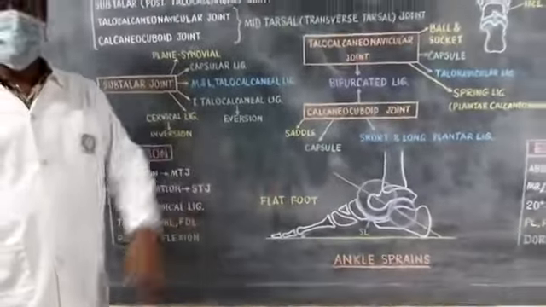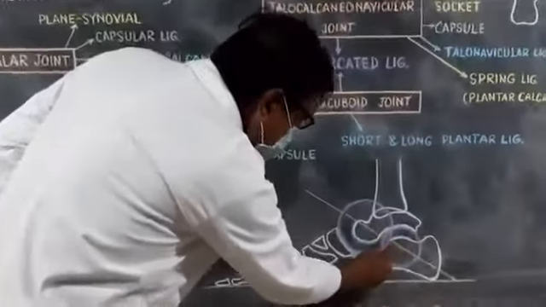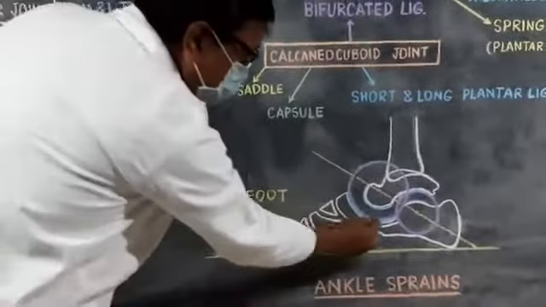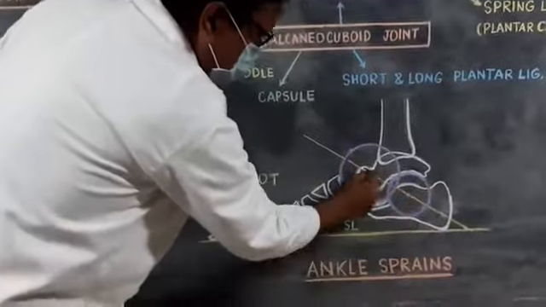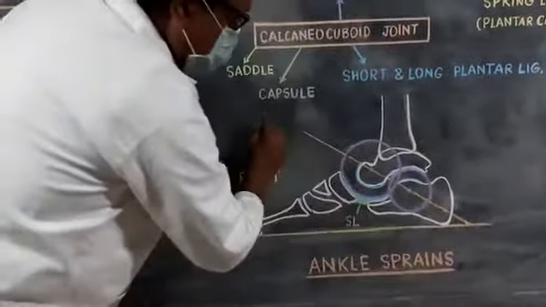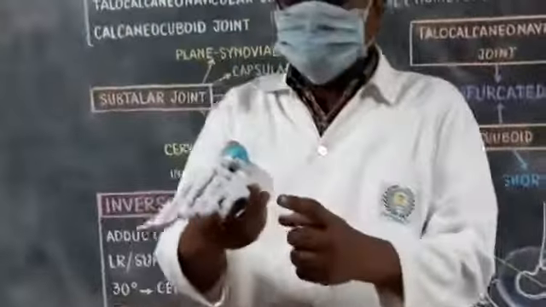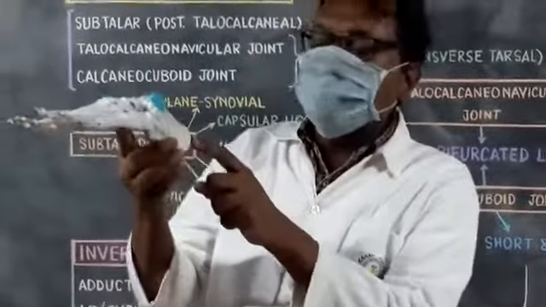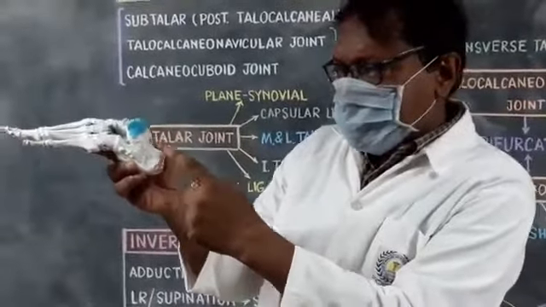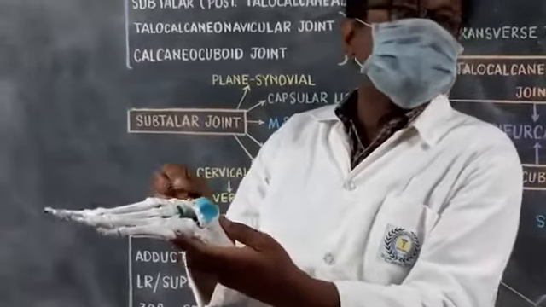Now come to the axis of movement. See, the articular surfaces of the subtalar joint and talocalcaneonavicular joint are curved in opposite directions, and the centers of the curvatures are joined by a line, and this line represents the axis of movement. This axis of movement passes upwards, forwards and medially, extends from heel end of the calcaneus, passes through the sinus tarsi and emerges from the dorsomedial aspect of the neck of the talus.